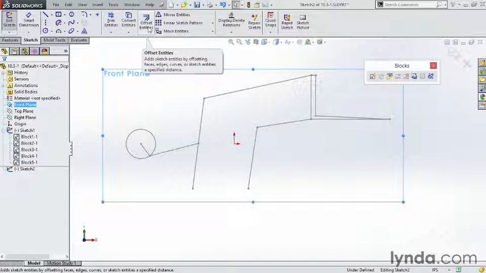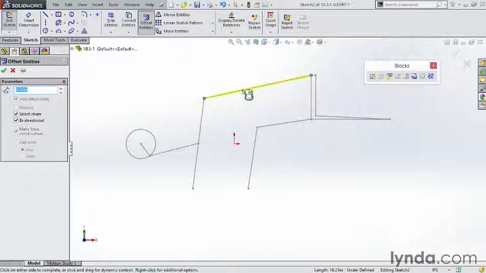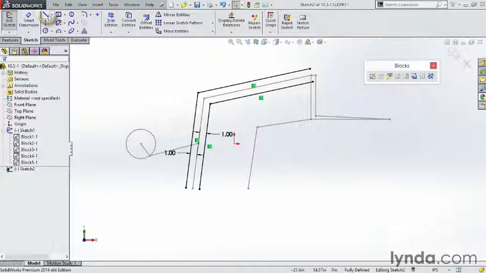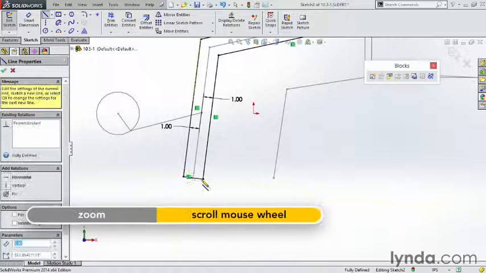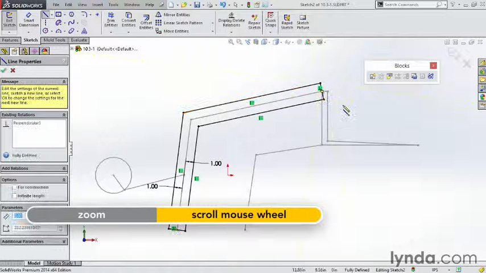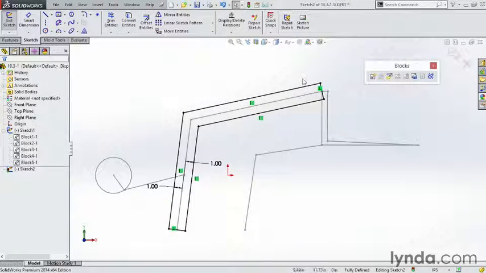And I'm just going to go ahead and use Offset Entities. I'm going to choose this line here and that one down there. I'm going to make sure that I'm making a big enough component. It'll still be pretty small, but go ahead and click OK. And then go ahead and cap the ends with a straight line segment. You can see this is a rough example, but it allows me to build some geometry around that original block